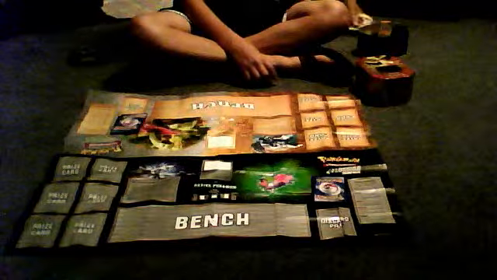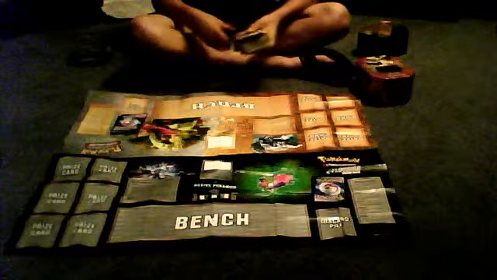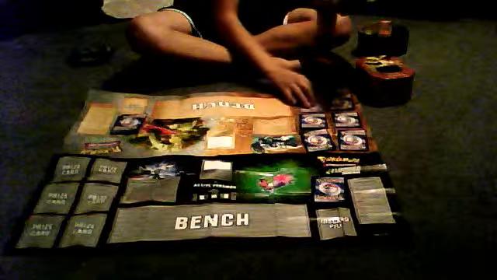Now, onto the prize cards. You have 6 prize cards. If you want to play the way Nintendo wanted you to, you shuffle your deck and pick out random cards so you don't know where they are or what they are. But today I'm going to kind of cheat and just place random cards here. After you've placed your 6 cards down to the left of you, and your opponent has placed his or her prize cards down,